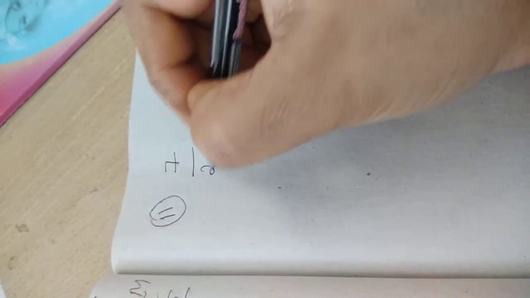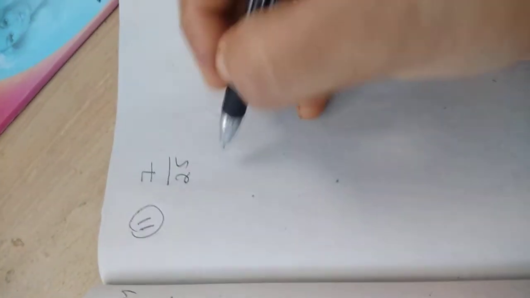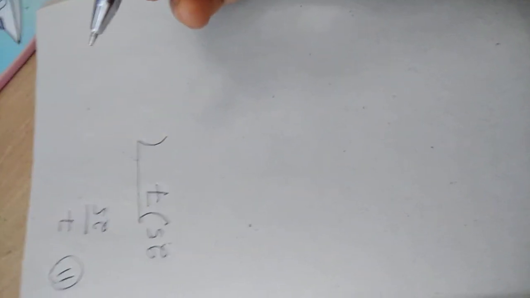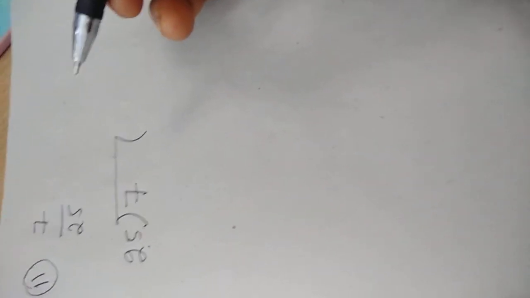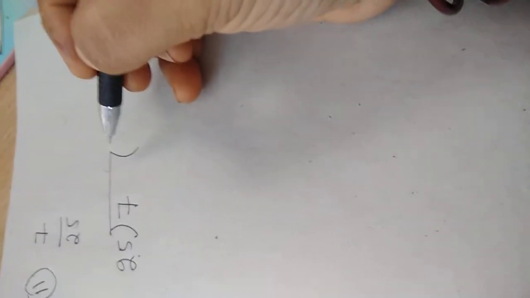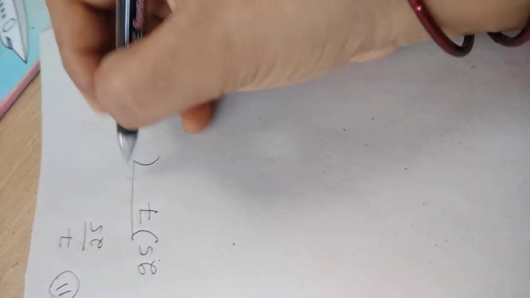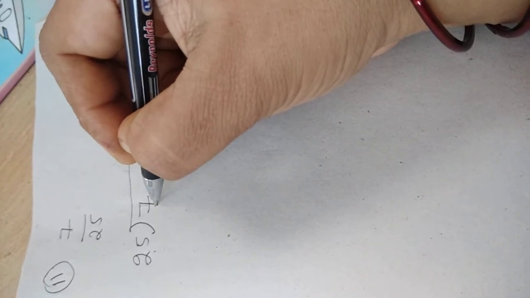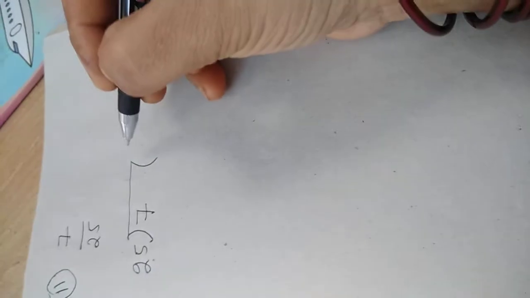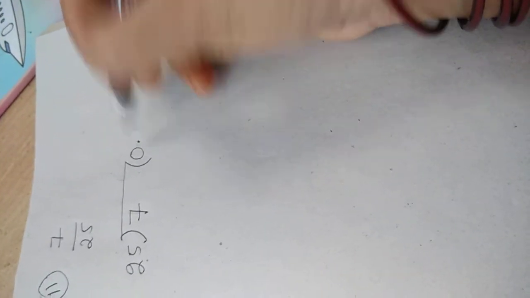Second example is 7 upon 25. Okay, let us divide. Write 7 here and here 25. You should know tables very well. You should learn the tables before starting division. Okay, 25's table is very easy. I hope everybody knows 25's table. So here first of all 7 is smaller than 25, isn't it? We can't divide by 25. So we have to give 0 point.